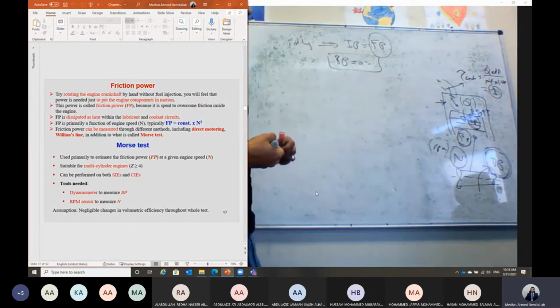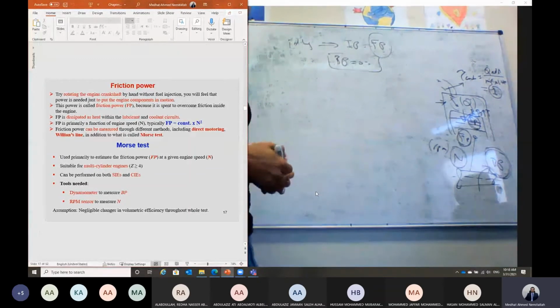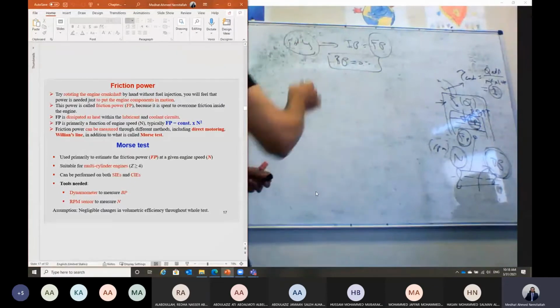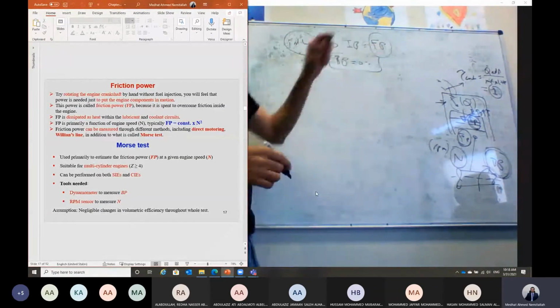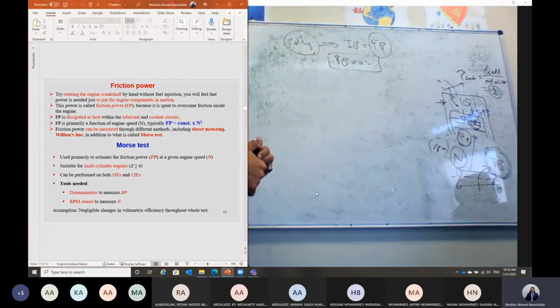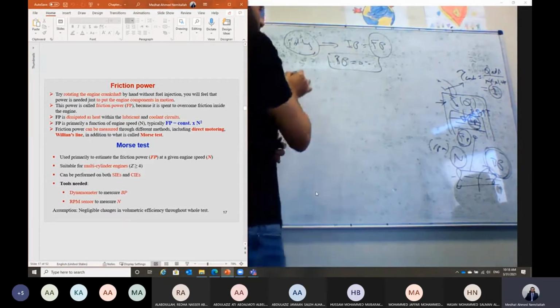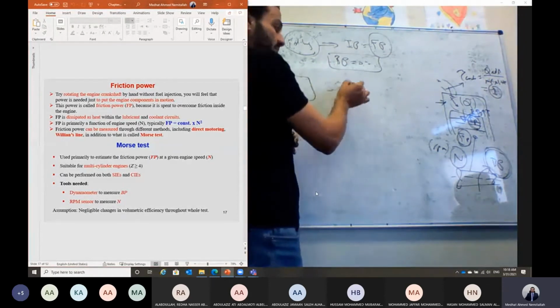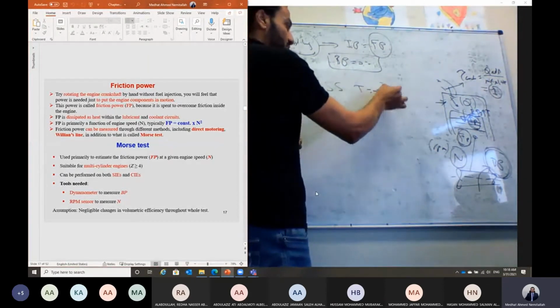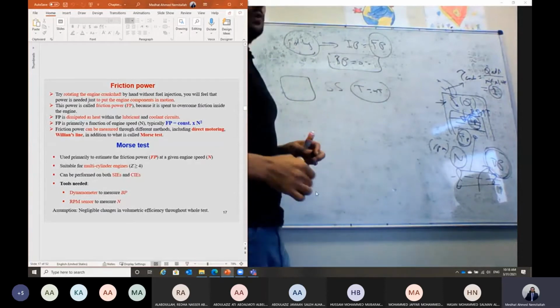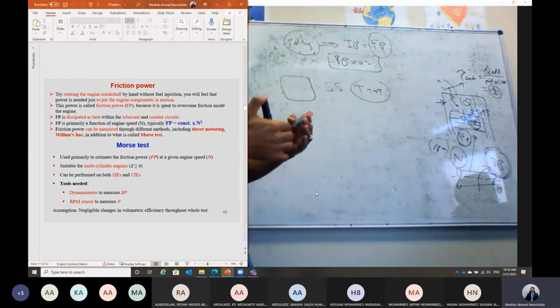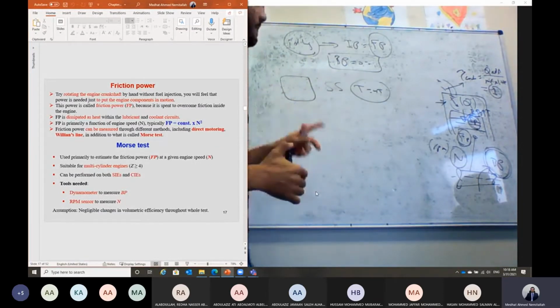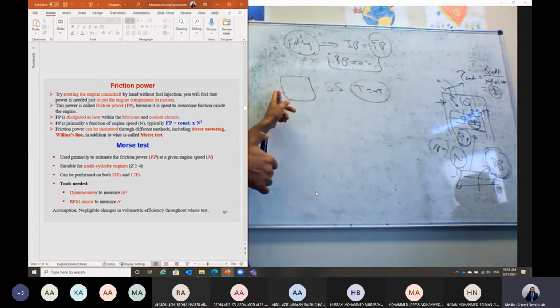To calculate the friction loss power, we can run the engine at the idling condition, when all of the indicated power is just converted to friction loss power. We have different methods. We can have direct motoring. We can run the engine under the idling condition until it reaches the steady state in terms of the temperature of the cooling water and the cooling oil. Then, while firing the engine, running it using the fuel,